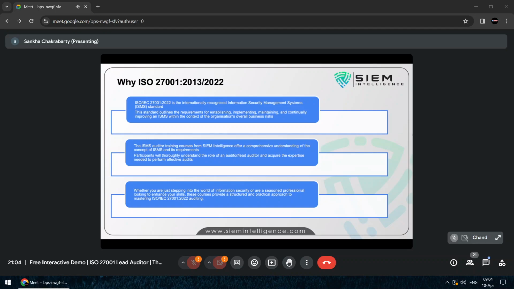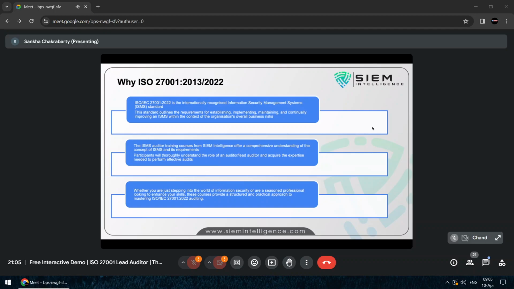Okay, then the next one: NIST has controls, ISO has clauses. What's the difference? Okay, good question. So NIST is basically focusing on different aspects. Regarding NIST and ISO, first of all, both are frameworks. But when you are going for the certification, you can't say I'm NIST certified. The certification will be given by ISO.